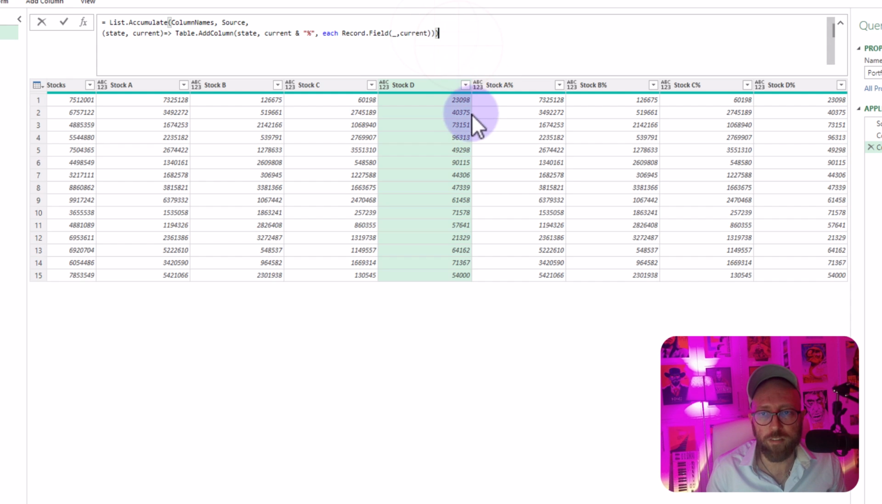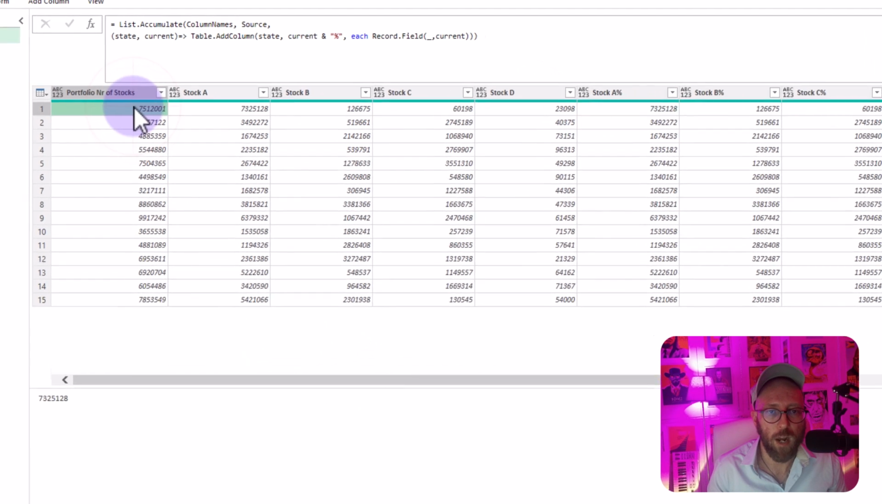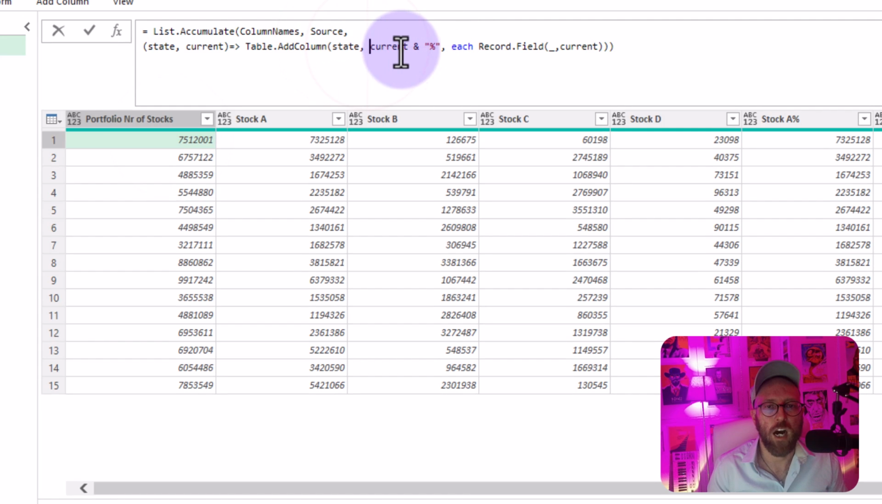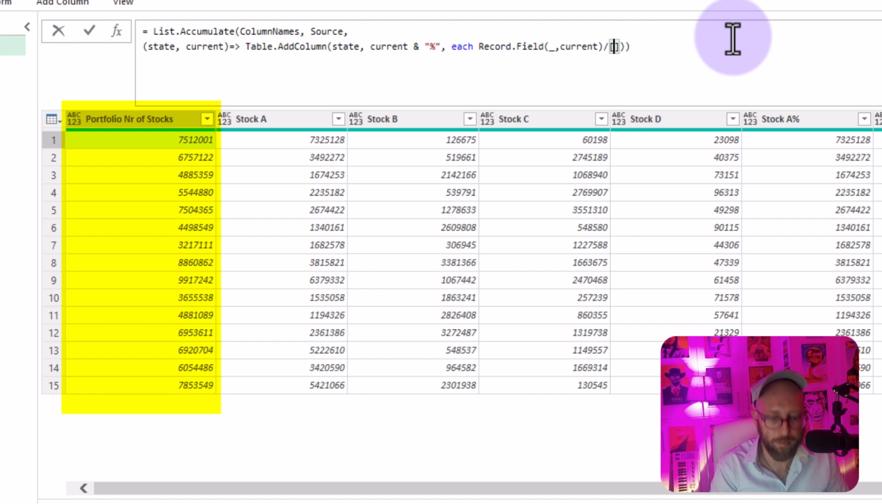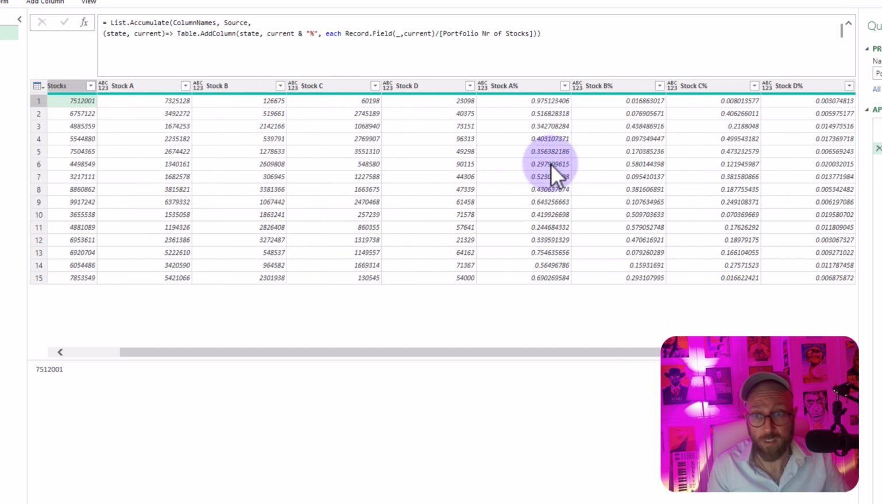So in order for us to get a percentage, we need to take this value and divide it by the total number of stocks. And we can just do it inside of this iterator, this List.Accumulate. How are we going to do that? It's actually quite simple. All I say here is divide by the column called portfolio number of stocks, and I'm just going to close it out. There we go. There's your percentage value. We basically just did it. We divided that number by that one for each of the columns, dynamically adding them